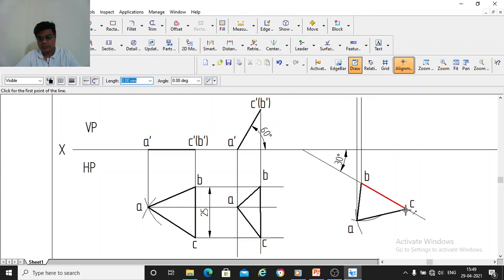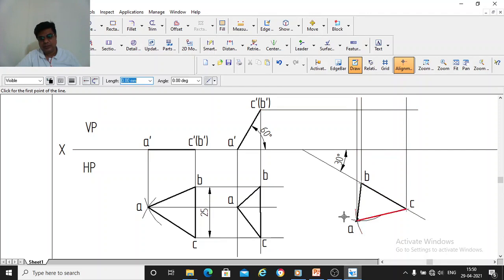From C also you should draw a vertical line. So you know the top view, I want the front view here. So you take the previous second stage front view. From these points C dash, B dash, C dash, you draw a horizontal line. So A anyway it is there, B and C you draw one line. Both B and C are in the same line horizontally, but vertically they are at different places.